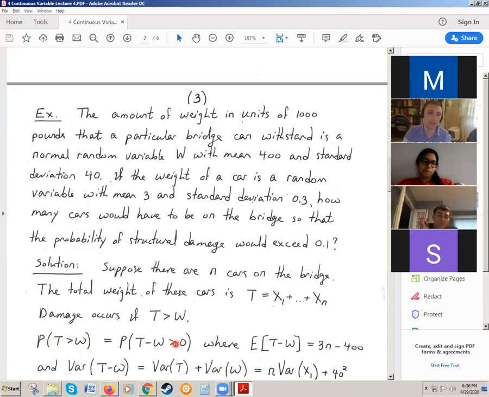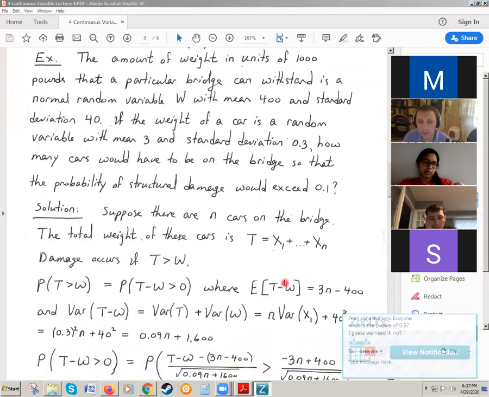You understand? Imagine that the bridge is just like a weightlifter, and sometimes there are better days, sometimes the days are not as good. So W is normally distributed, how much weight it can withstand, and you're told the average and the standard deviation for W. T is also a normal random variable. Do you agree? Now, the expected value for T